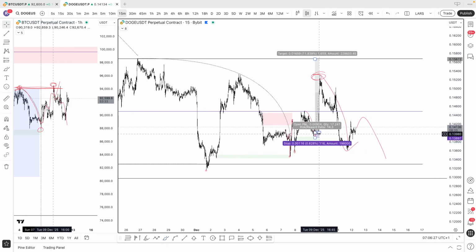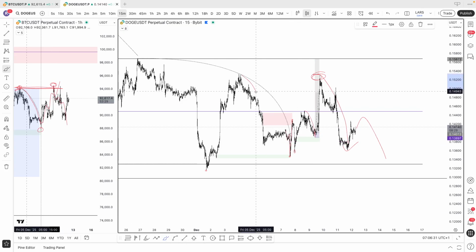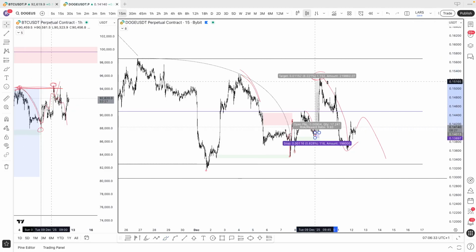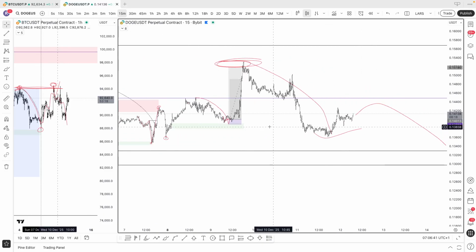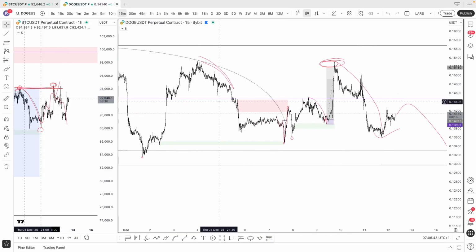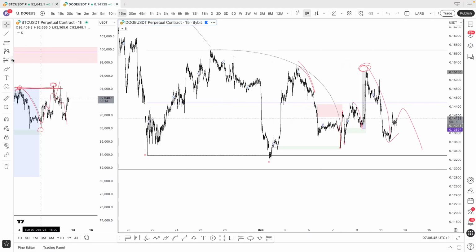But if you were in a refined entry from here, you can easily de-risk as price is taking the buy-side liquidity because you are up around 10%. And then taking a small TP is immediately de-risking yourself. And maybe also after the higher low, you control that stop loss. If you were entering right here,